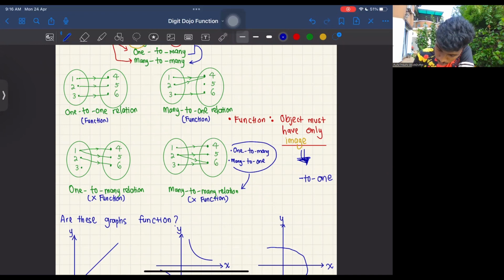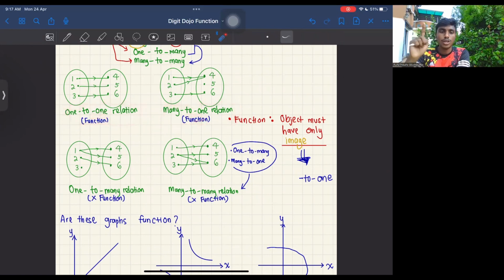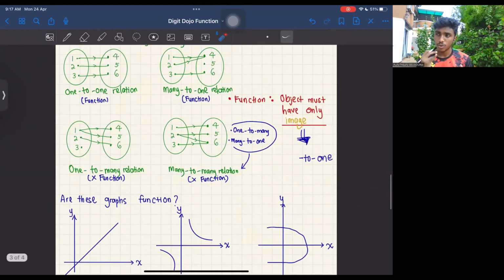For example, you see here, 1, 2, 1. Many, 2, 1. Because 2, 1 means to only one image. That's why we call it a function. It must end with 2, 1. Then only it's a function. All right. So we have covered what the types of relation are and how to know whether it's a